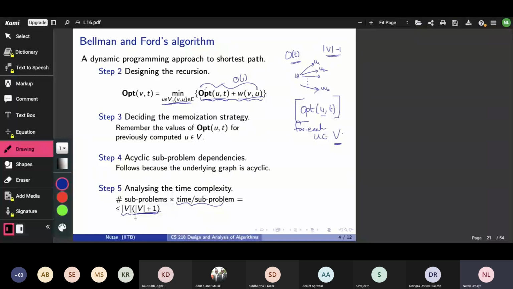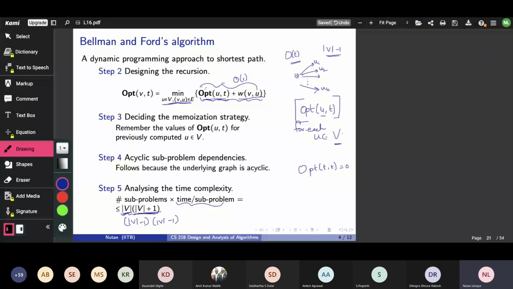So for that reason, we'll get cardinality. Actually, this is also cardinality v minus 1, the first one also, because for the number of subproblems, for t we don't need a separate subproblem. Opt of t comma t, we already know is 0. So we don't need a separate subproblem for that. So even the first one should be v minus 1 and the second also should be v minus 1. The v minus 1s are coming for different reasons, but the idea is correct for the second one. So that's it. We have solved the whole problem.